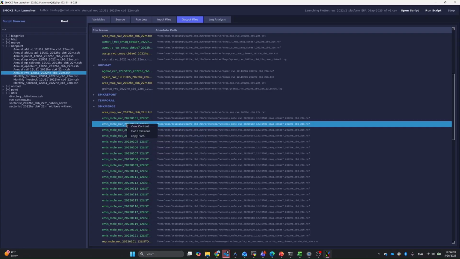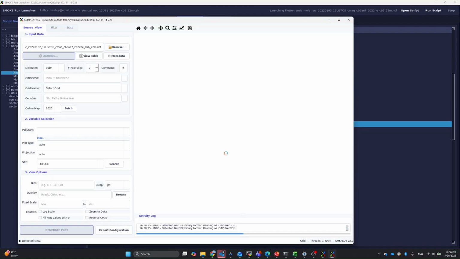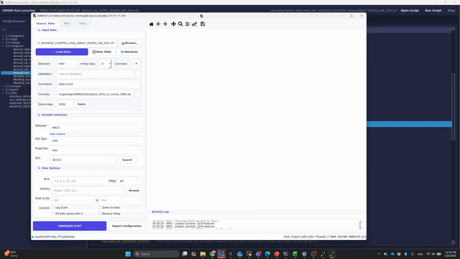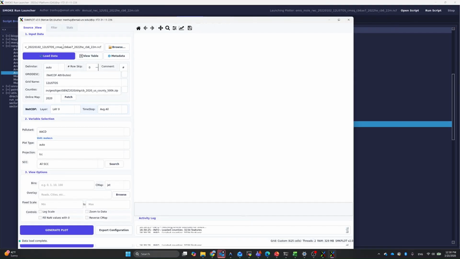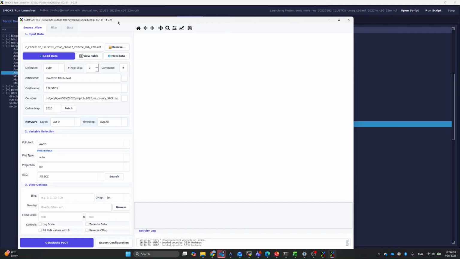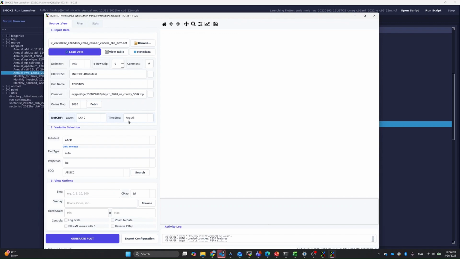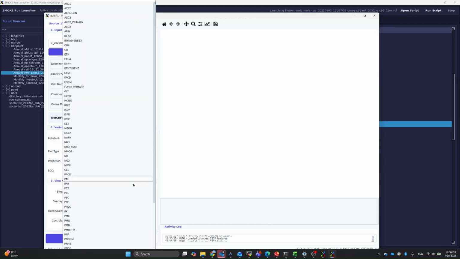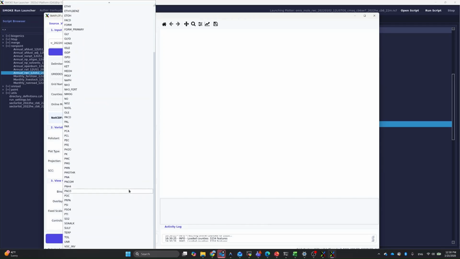So I can right click on any of the output files and choose plot emissions. Again, the SMOKE plot interface appears, loads that netCDF file into the file browser, and gives me the list of pollutants that are available in that